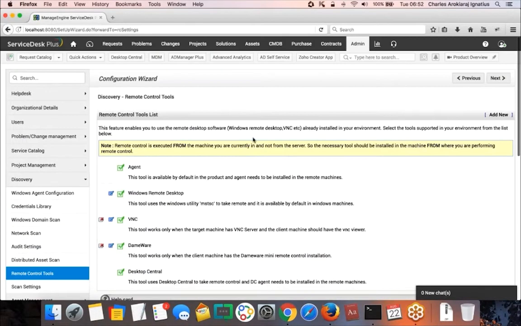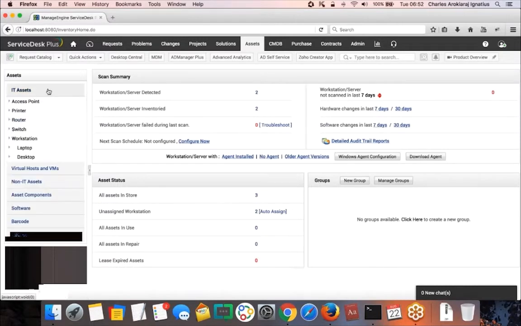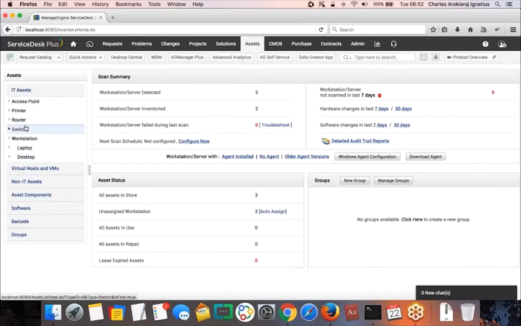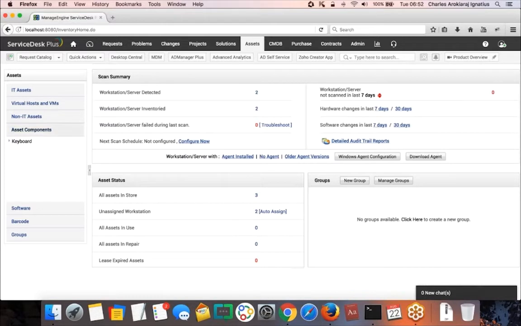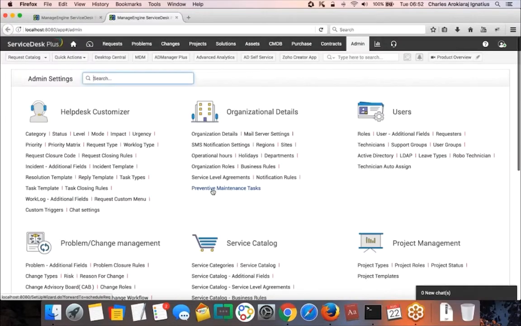The other important thing is classifying the assets in the application. There are different classifications over here. Anything that is added under the IT asset section is going to consume a node license that you buy from ManageEngine. Anything that's added under non-IT asset or under the asset component is not going to consume a license. So you can differentiate this under admin